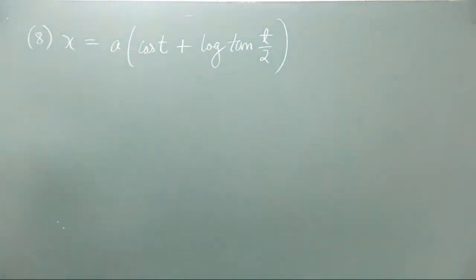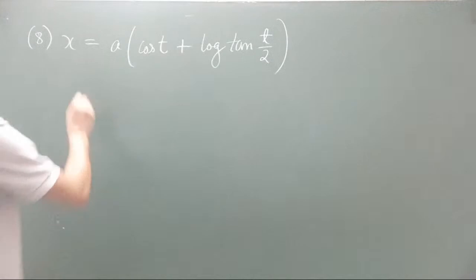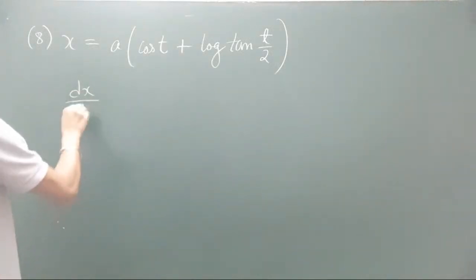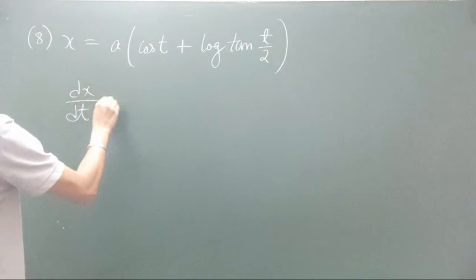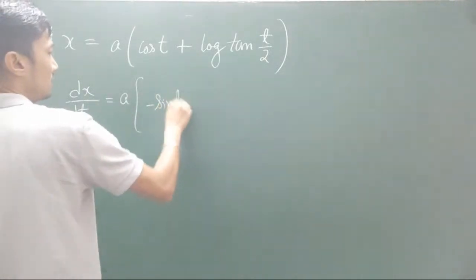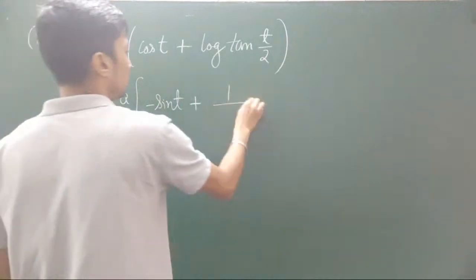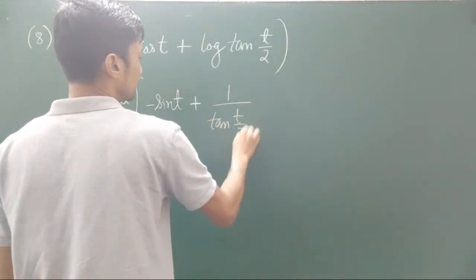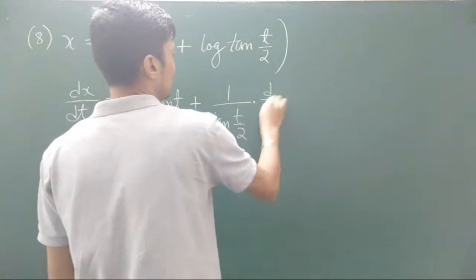So if you look at the question, you will see both the parameters are t. So yes, definitely you can write down, let the parameter be t. I mean here the parameter is t. So differentiating with respect to t. I'll begin with dx with respect to t. That will be equal to a times minus sine t plus log of tan t by 2, which will be 1 by, and derivative of, okay,